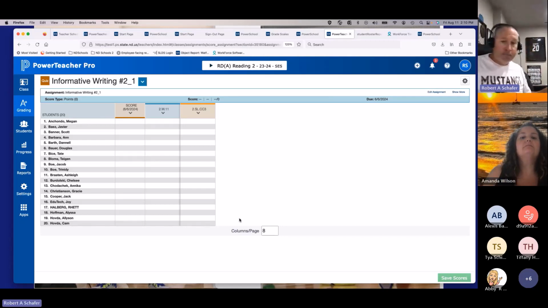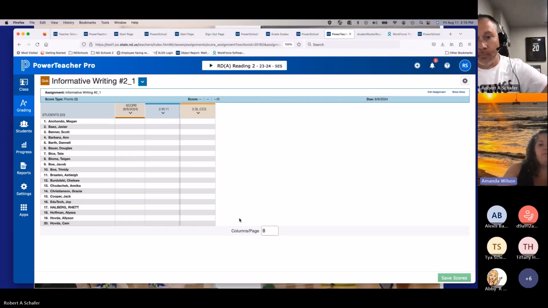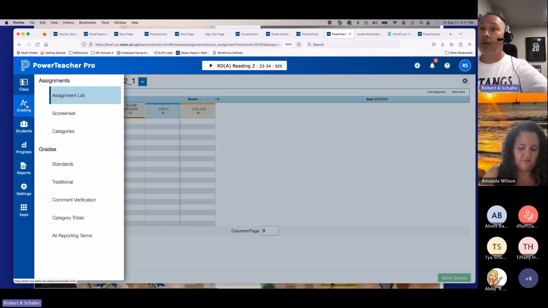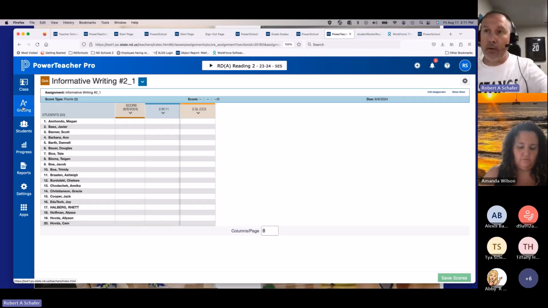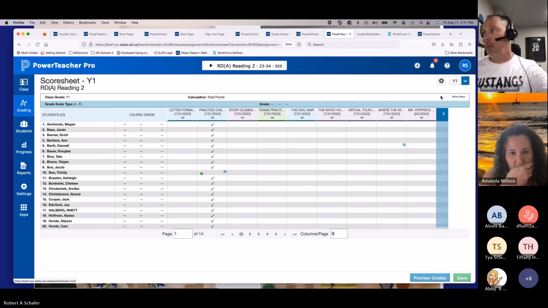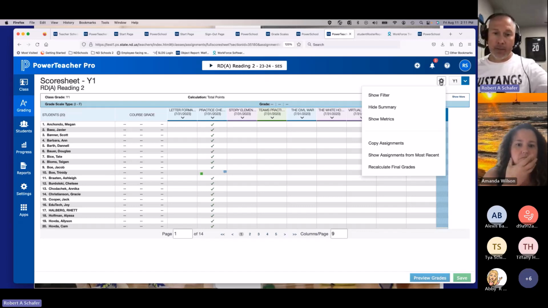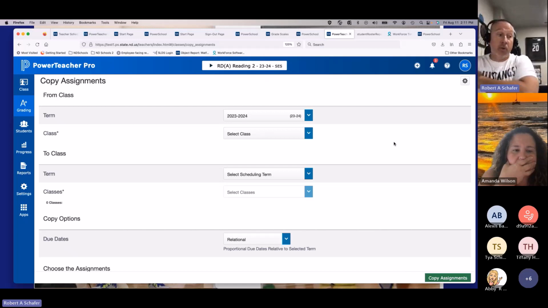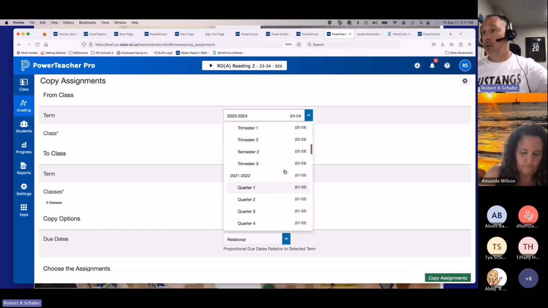Rob, Abby asked if you could show how to copy an assignment list from last year. Yeah, I will. All right, so to copy from year to year, you got to start in the A+ Grading score sheet. And we don't use the score sheet in standards, but you got to be at the score sheet. And then you go to gear up by the term and copy assignments. Guys, we did this in Wing when I was the principal every fall. And then you go to 22-23,